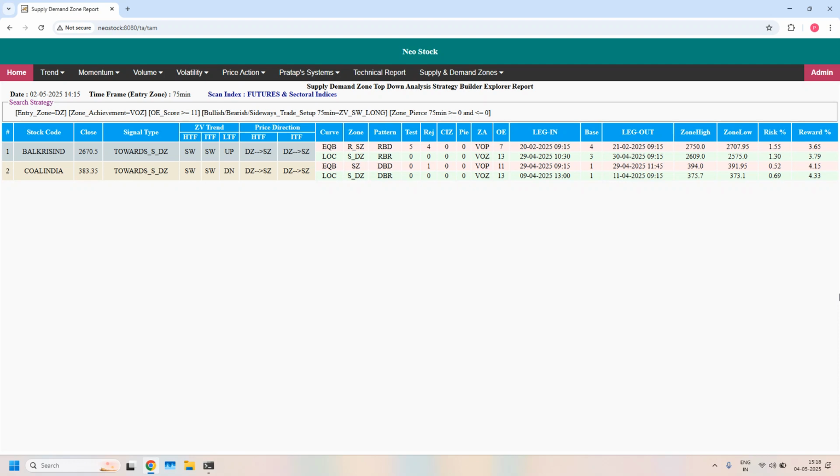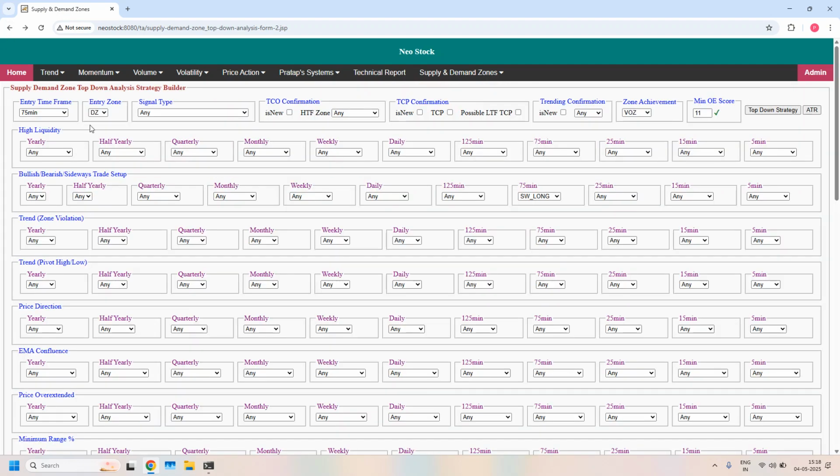Okay, next sideways trade setup, short trade setup. Let me change a few filters here. One is entry zone should be supply zone, and also bullish or bearish trade setup at 75 minutes I am changing to sideways short. Remaining filters, whatever you selected earlier, they still remain the same, but this time all the three